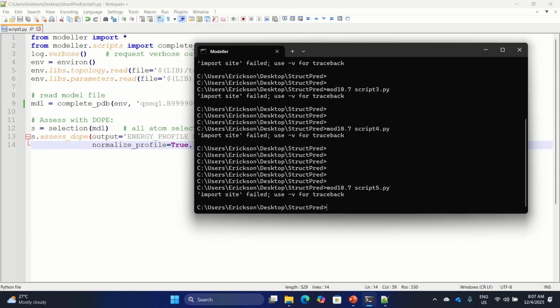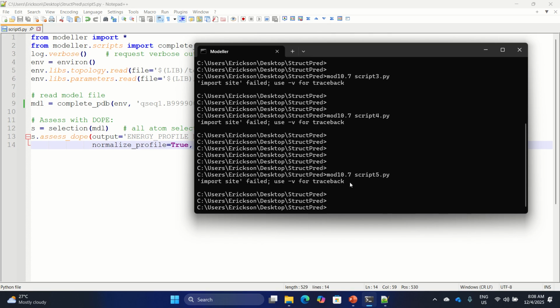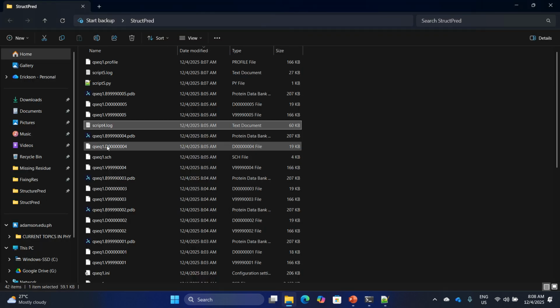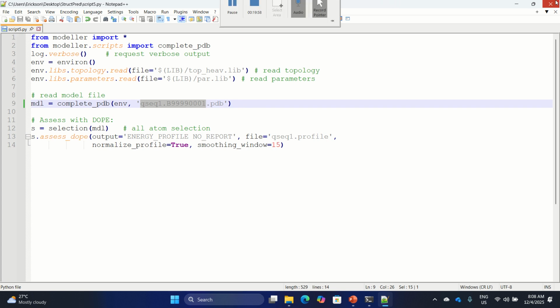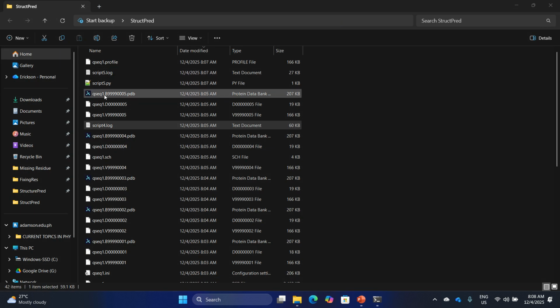So remember that we started with just a sequence with no structure. Now, tapos na yung run, we have our final structure for the protein. Of course, that structure is here. QSEC1.B99990001.pdb. So where's that?